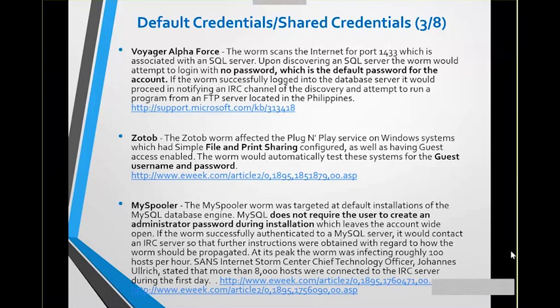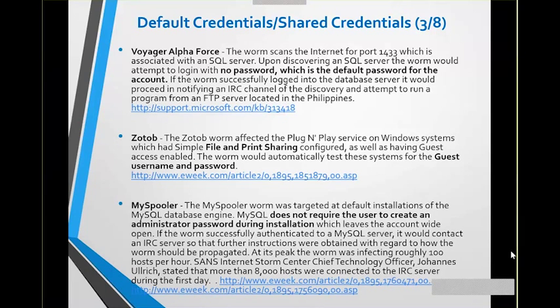My spooler, this is a situation where the system was set up, but no password was set at all. And what I mean by that is many of you may buy off-the-shelf items for home or your business, and sometimes you do the setup wizard. Love the setup wizard, makes life so easy. You click yes, yes, yes, yes, and then it starts running.